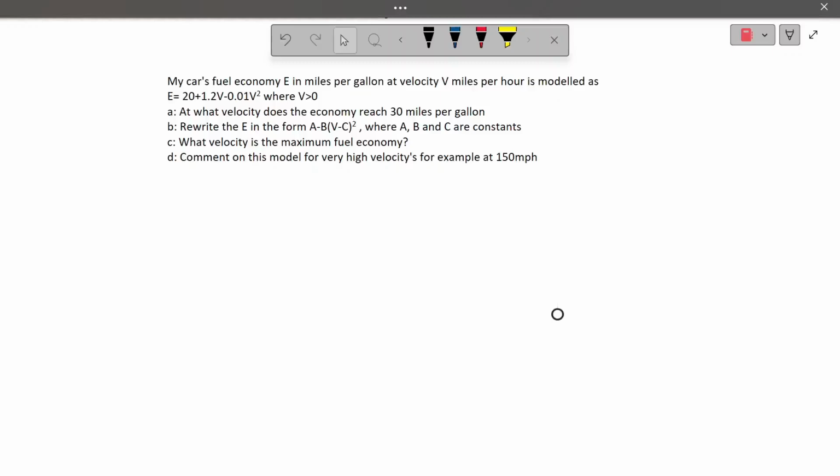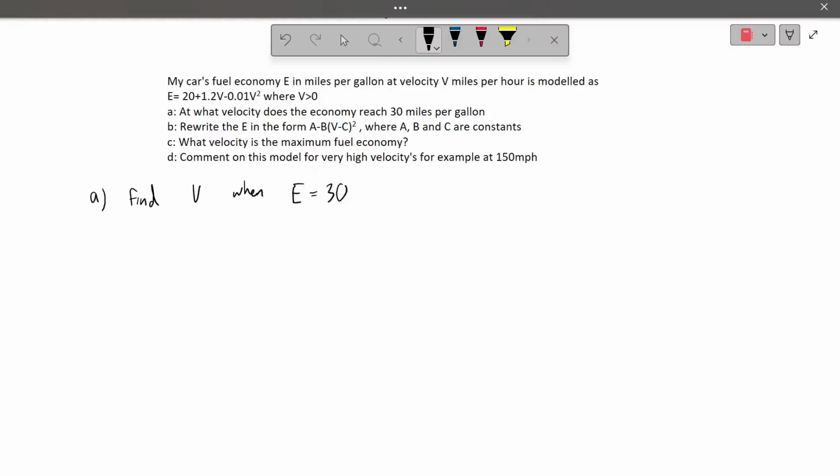So let's look at this next one. My car's fuel economy E in miles per gallon at velocity V miles per hour is modelled as E equals 20 plus 1.2V minus 0.01V squared, where V is greater than 0. And part A is at what velocity does the fuel economy reach 30 miles per gallon? So this part A is find V when E